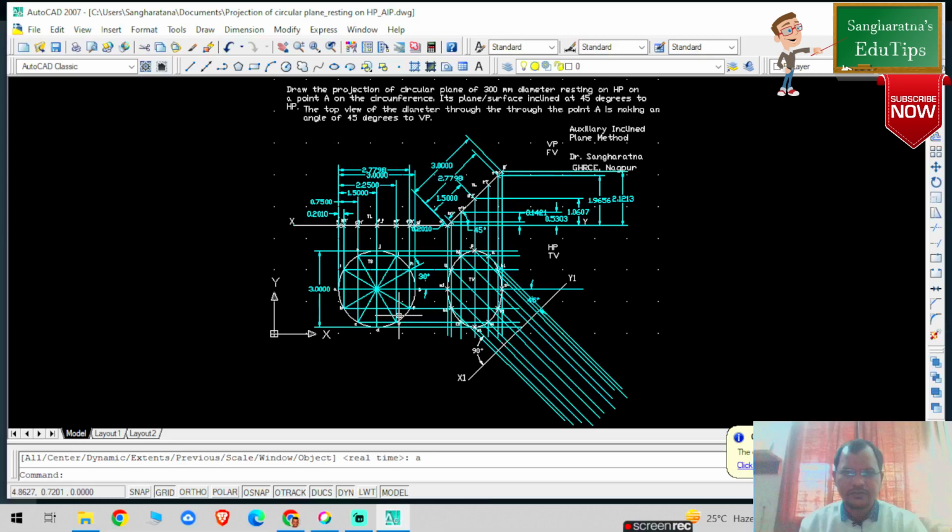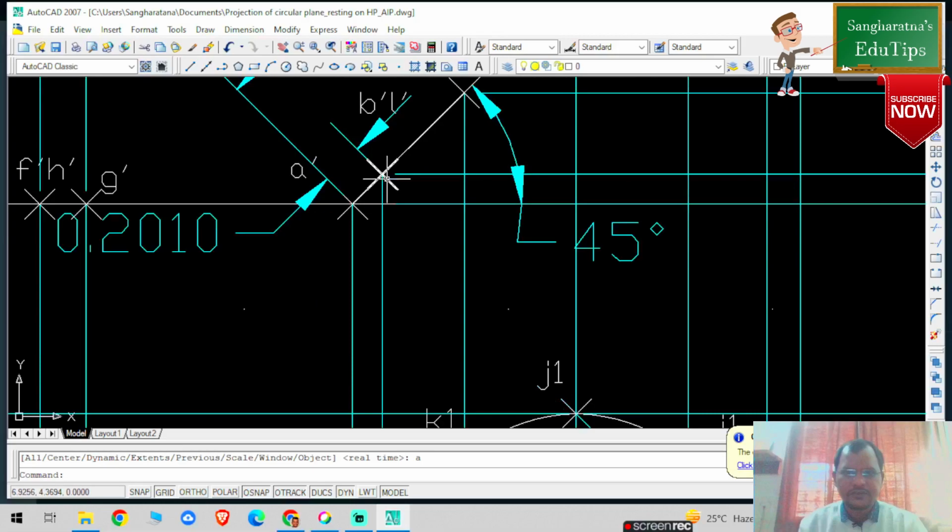So from the XY reference frame, my B dash and L dash will be how much? 0.1421, you can check, this is my distance. B dash, L dash from this particular point is how much? 0.1421. So similarly what I'm going to do is,